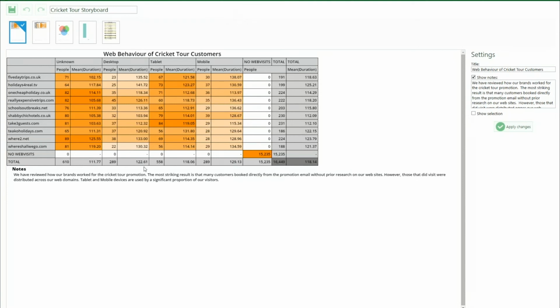Let's note that on here we have some annotation. In this case, I'm looking at the brands that we use. So Teal Green Holidays runs a number of different brands. You can see the domains on the left-hand side here. And across the top, we can see what type of device has been used for a web visit. So this is analysing the